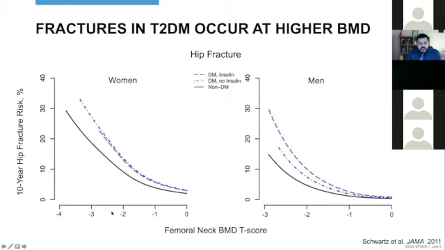If you look at the -2.5, which is the magic number that we use here to define osteoporosis or at least treatment, if you extrapolate that same risk that is seen in the general population to those with diabetes, this translates to -2. So the risk of hip fracture at -2.5 in the general population translates to the same risk at a -2 T-score at the femoral neck for patients with type 2 diabetes.